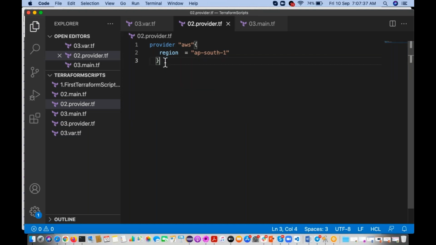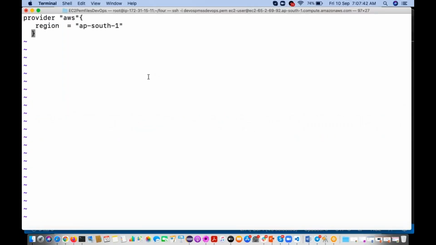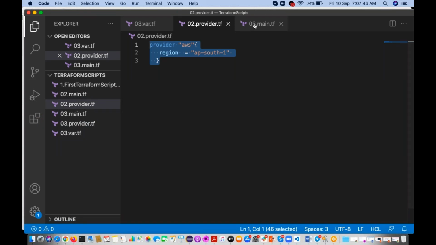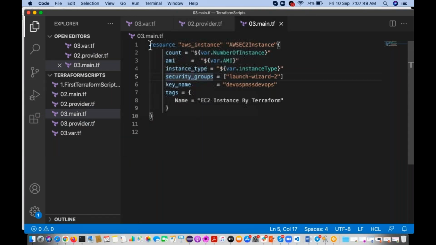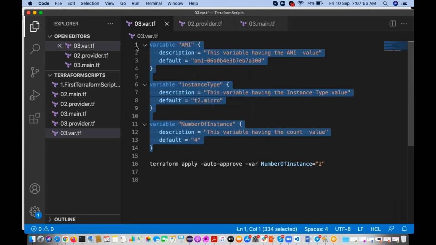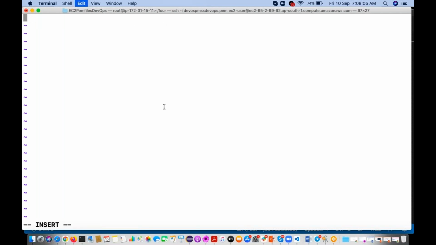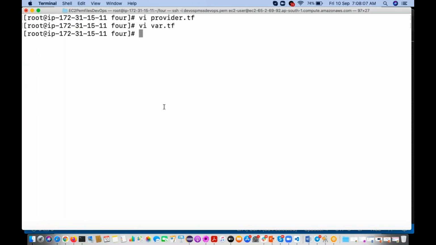We don't want them, because the credentials we are passing as a role, right? If you want, you can use the variables in var.tf. We'll create the main.tf later.